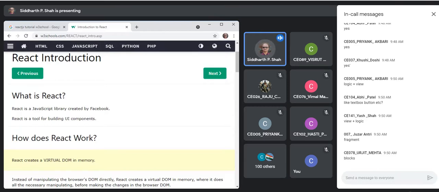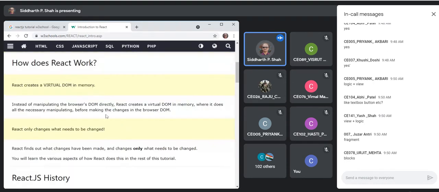So one example someone has given, a button, let's say, okay, that is a UI component. You can say view component. So button, once you have created that component in your framework or in your program or in your software, whatever you are developing, wherever you require a button, you can simply use it. Okay, and it will work the same way. So component is a self-sufficient program which can be reused. And this React library, it is a component based library where you create different components and wherever you require, you can simply use it. So that is the basic idea. So React is a tool for building UI components.